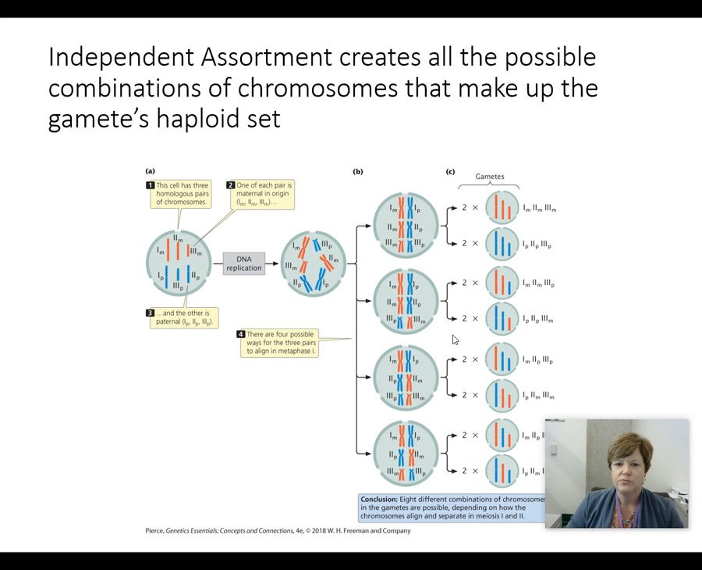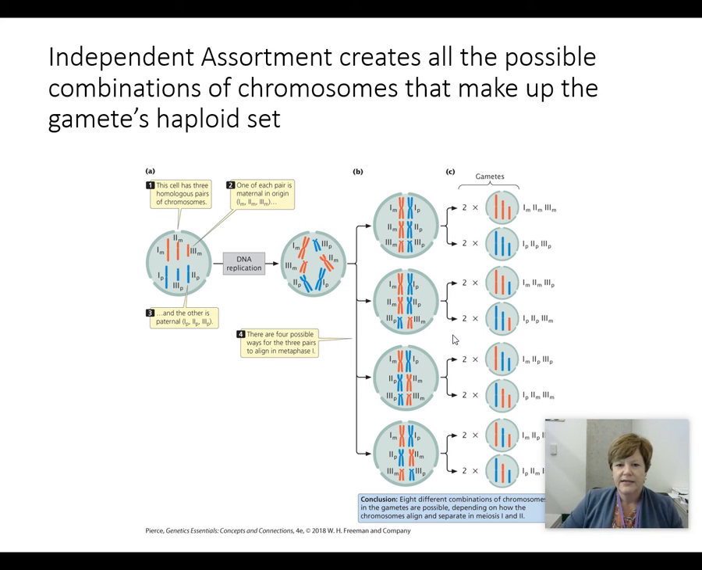Independent assortment deals with the combinations of all the chromosomes that are in the cell. So if we color coded all the chromosomes that a long time ago came from your mother in the egg and a long time ago came from your father in the sperm, they're all your chromosomes now. But if we color coded them to kind of track which ones were originally from your mother and which ones were originally from your father, and we look at those in your cells, and your cell is going through meiosis, then what you'll see is the way that the chromosomes line up at meiosis has a lot of